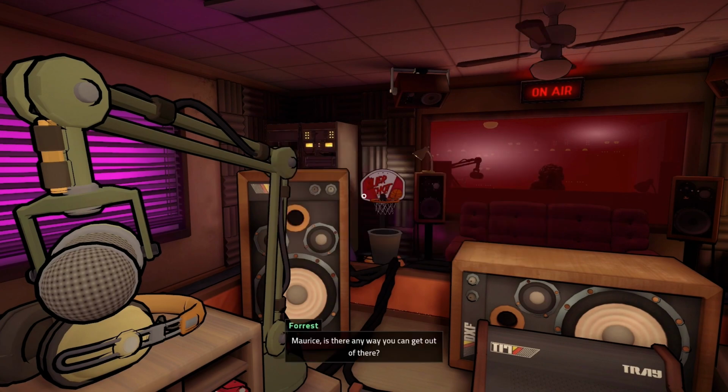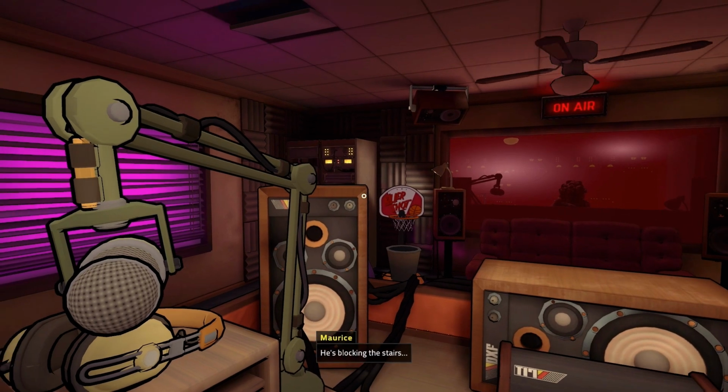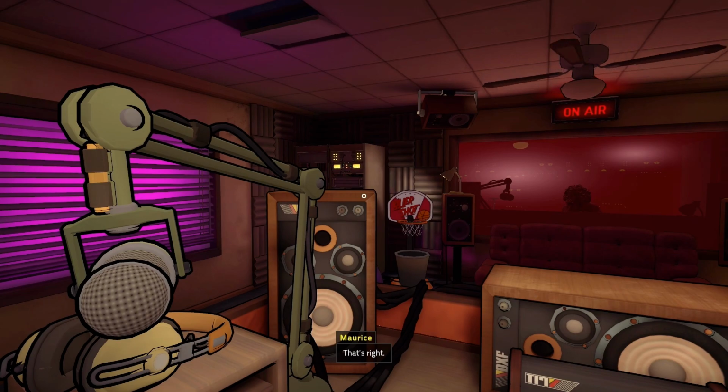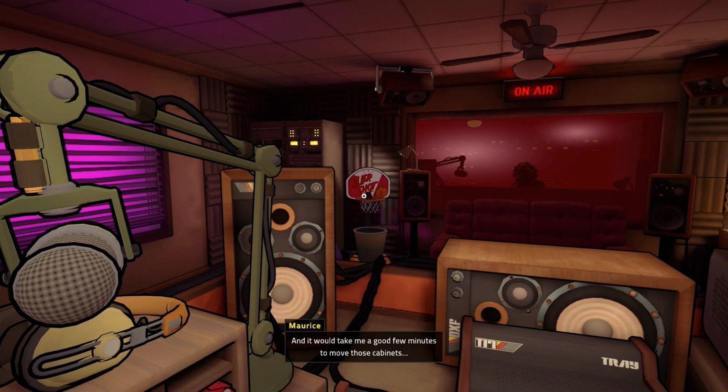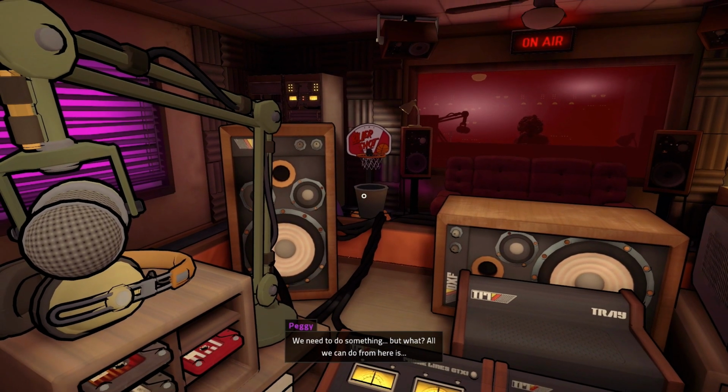Maurice, is there any way you can get out of there? I sure as shit hope so, kid. But I'm not sure how I'm going to do it. That crash you heard was him tipping over my filing cabinets. He's blocking the stairs. I'm guessing the stairs are the only way out? That's right. And it would take me a good few minutes to move those cabinets. We need to do something. But what? All we can do from here is...